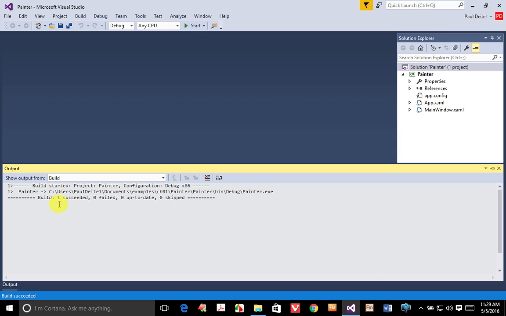The number 1 means that there was one project that needed to be built and it succeeded. No projects failed to build. No projects were up to date and therefore ignored as part of the build process, and nothing was skipped as part of the build process either. So now it compiled. There's no error messages being listed down here, which means I can go ahead and try